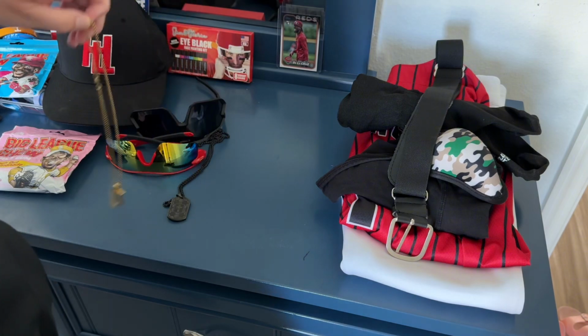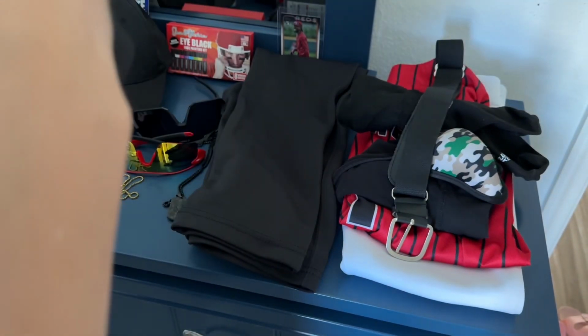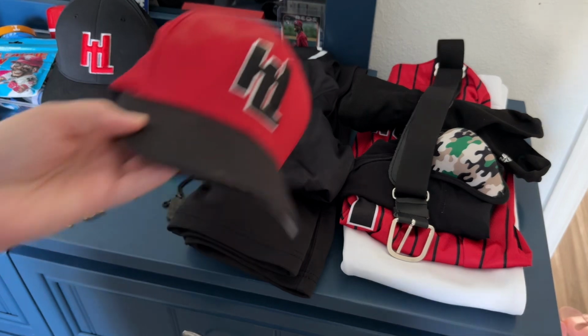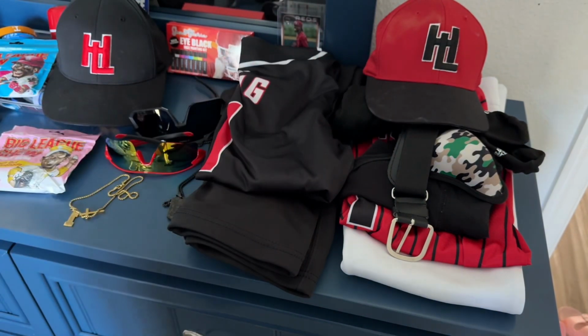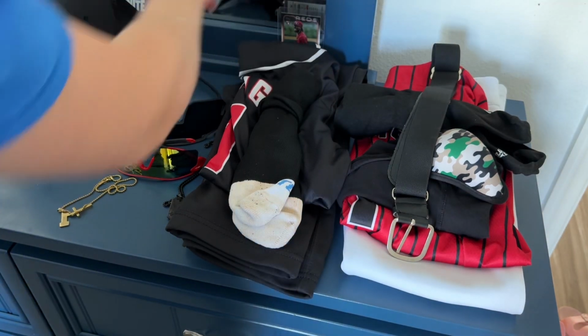And honestly, as a homemaker, I should already know how to do that, but I didn't. So I just had to look up on TikTok how to sew a button back on. So I'm glad I learned that skill. Which reminds me, that is another item that I would put in your bag or baseball bag, whatever you have. Get a small sewing kit, because sometimes when those buttons fall off, which they shouldn't, but sometimes they do,